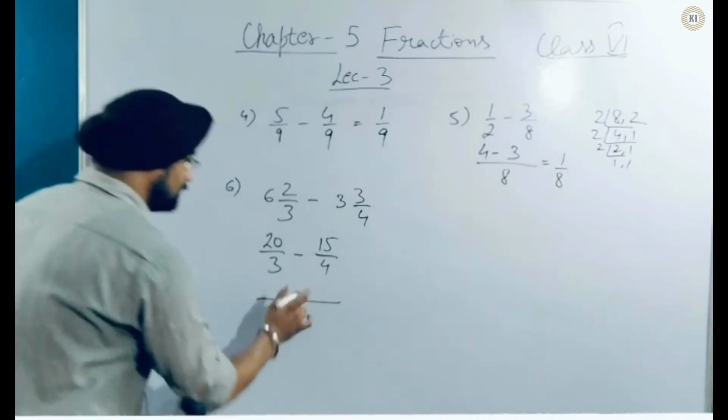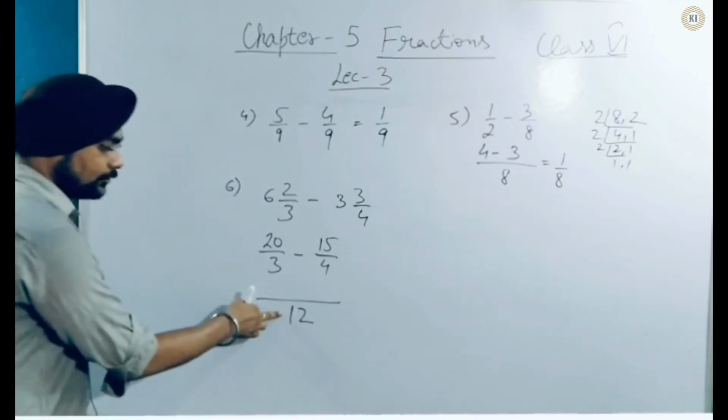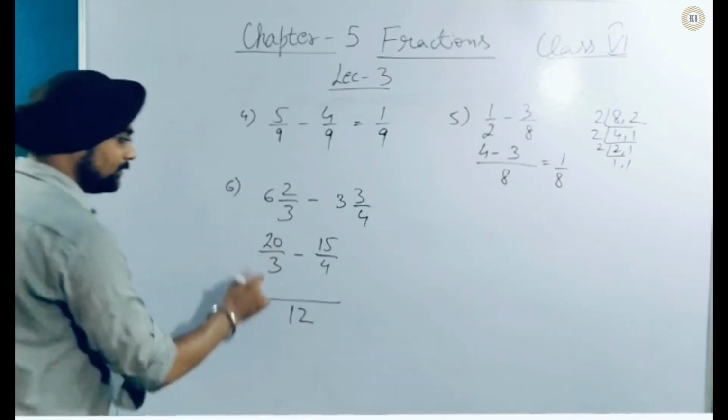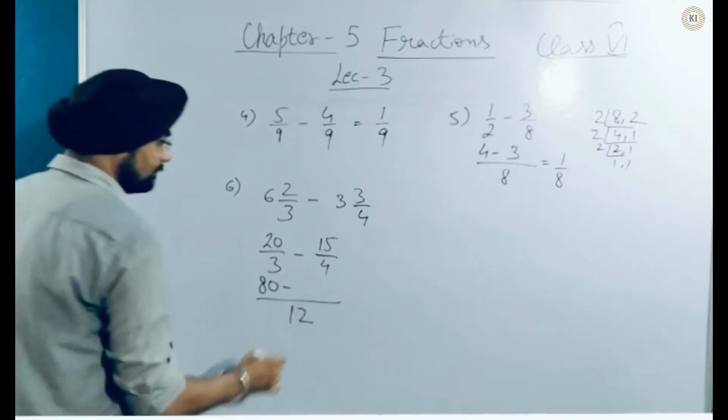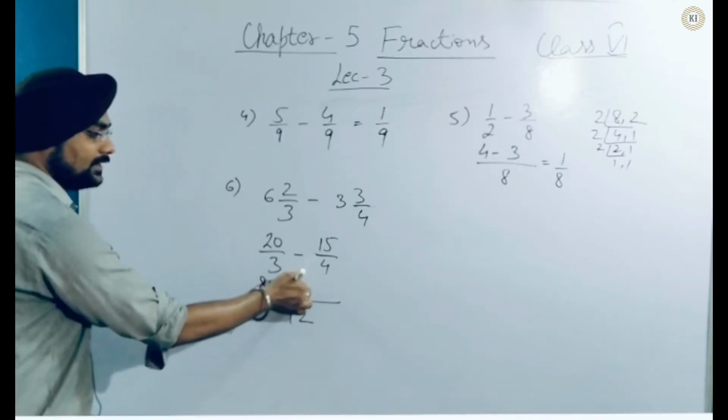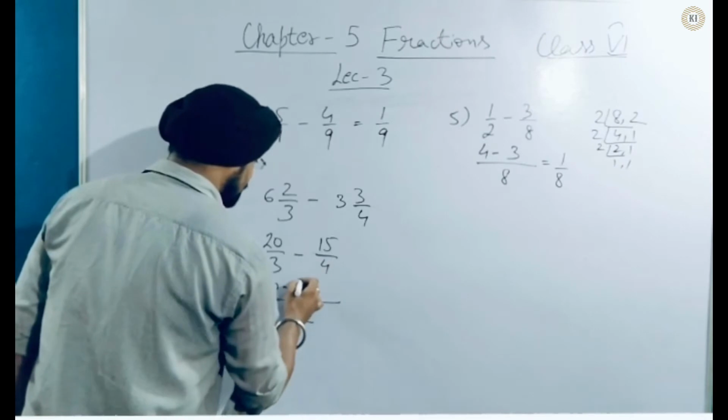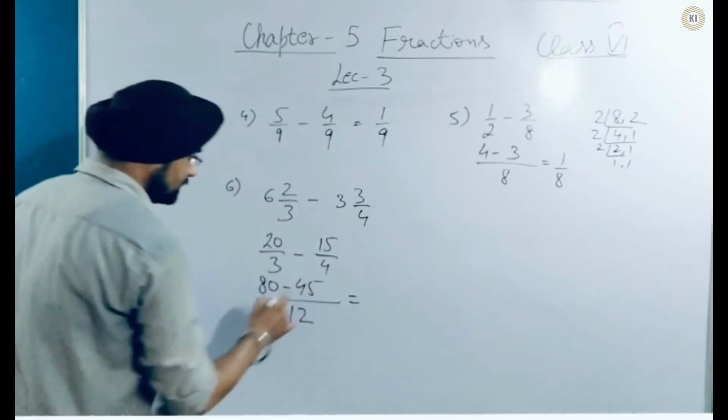So LCM of 3 and 4 will be 12. 12 divided by 3 is 4 and 4 into 20 is 80. Minus 12 divided by 4 is 3. 3 into 15 is 45. Now again subtract,